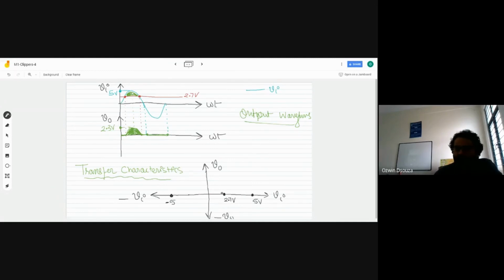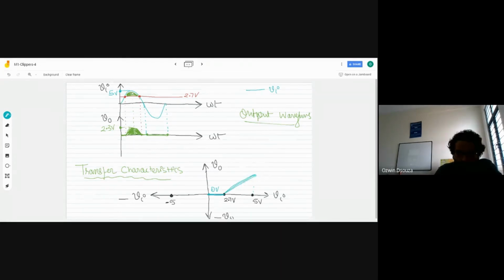You don't have to explain what slope it gives when both the input waveforms are AC. You have seen from the output waveform that when your input is less than 2.7 volt, the output voltage is 0. So when you get 0 output voltage, you will get a straight line parallel to the x-axis. This is basically your 0 volt level. And the moment your input exceeds the 2.7 volt level, the output, somewhere here you can draw.